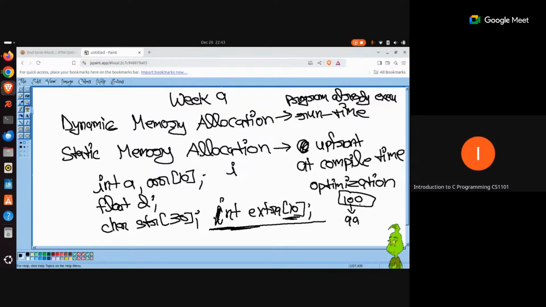When I said that bringing down the memory usage from 100 to 99 is a big achievement, think about bringing down your memory usage by 36 bytes. That is going to be a very big achievement for you, right? So in that case, these things are better handled during runtime. If it is possible for you to request extra memory resources when the program is already under execution, that would make your program more optimized. Your program will require less memory in order to operate.